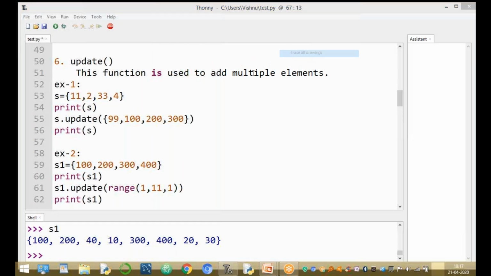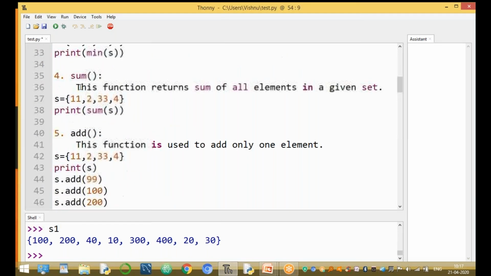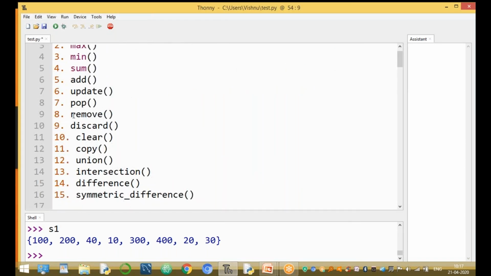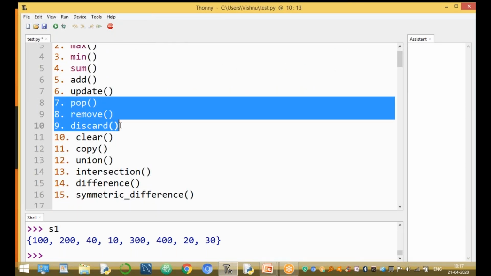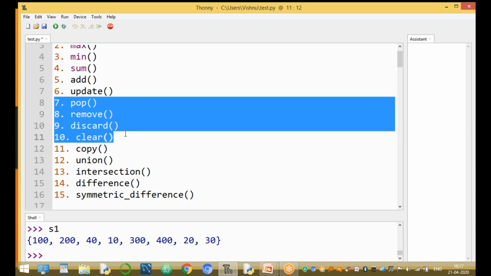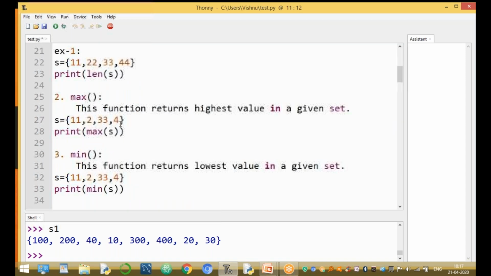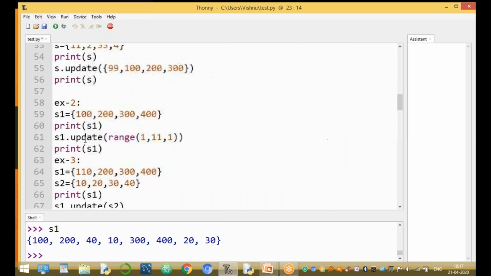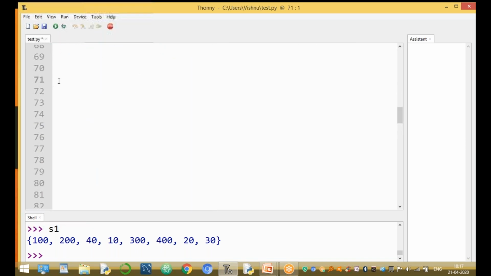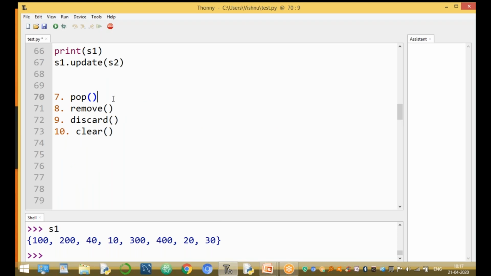The next four functions are very important functions. These are used only for removing elements. These four functions are used to remove values from the set. One is the pop function, one is the remove function, one is the discard function, and one is the clear function.